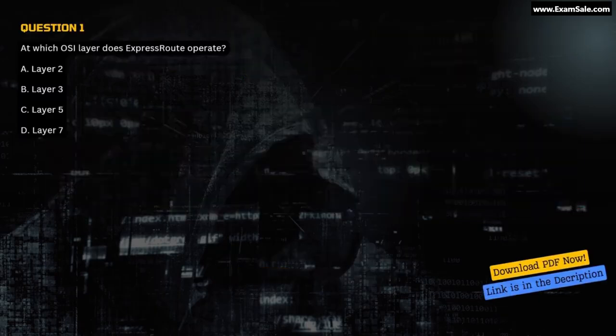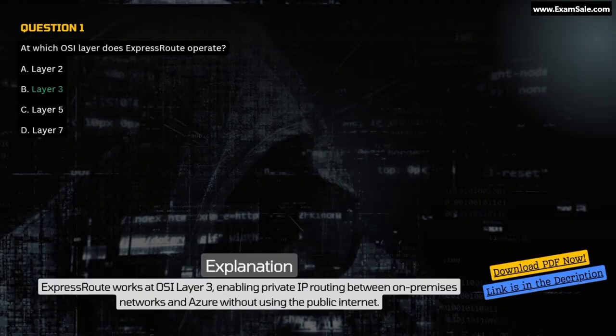Question 1. At which OSI layer does ExpressRoute operate? A. Layer 2. B. Layer 3. C. Layer 5. D. Layer 7. Correct answer B. Layer 3. Explanation. ExpressRoute works at OSI Layer 3, enabling private IP routing between on-premises networks and Azure without using the public